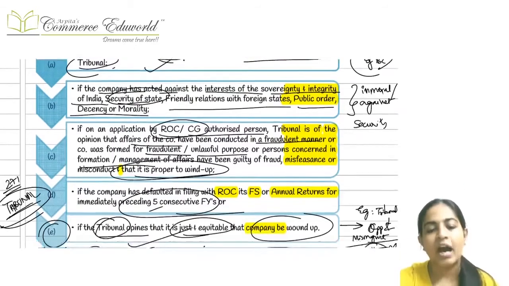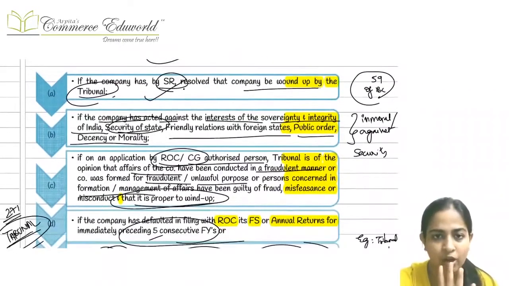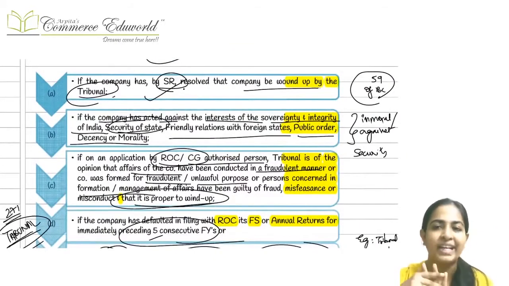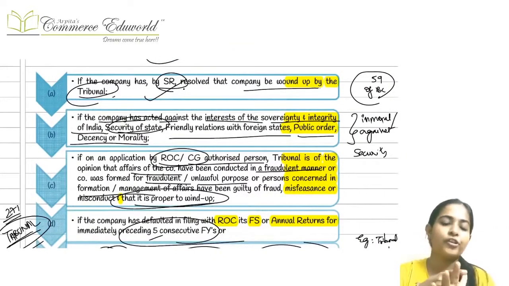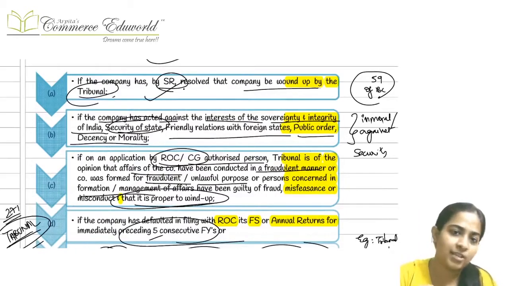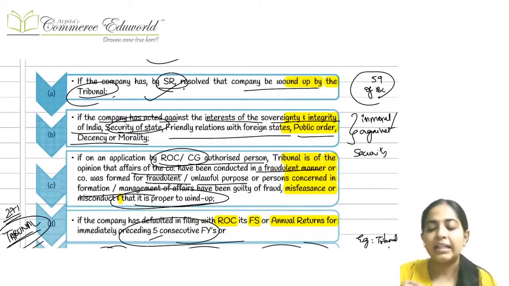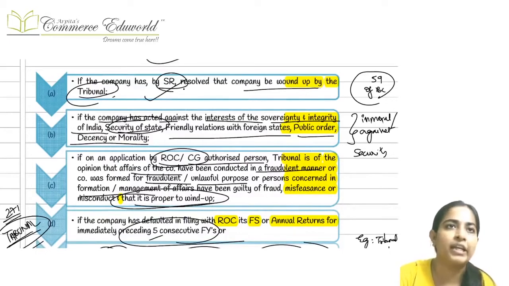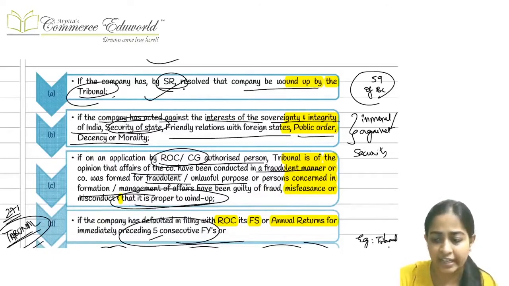There are in all 5 cases where the petition for winding up can be filed. First of all, when the company itself has passed a special resolution and wants to wind up itself. That is one option available. Another: suppose the company is acting against the interest, sovereignty or security of the country, or